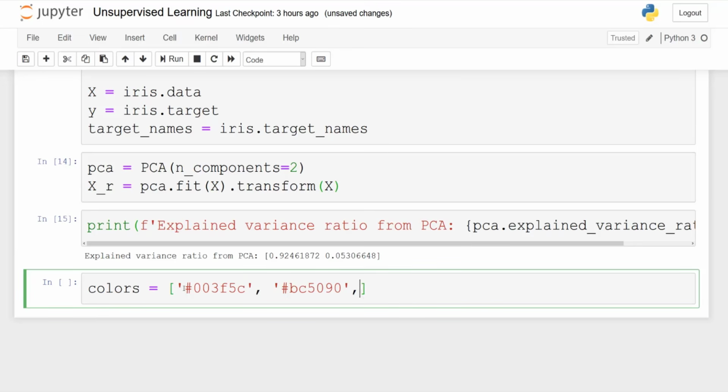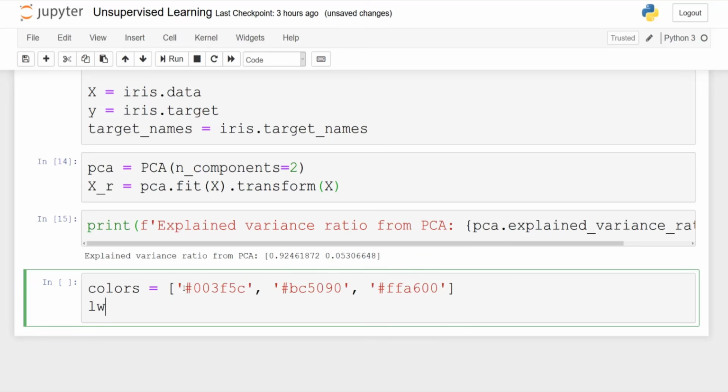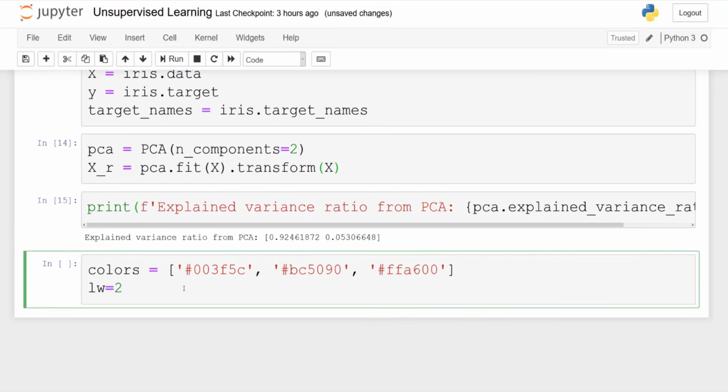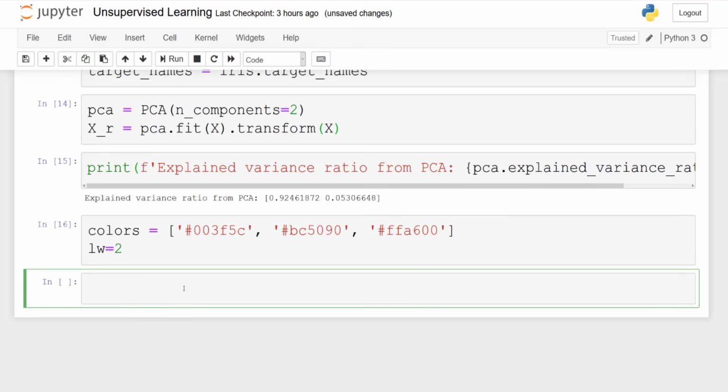So here we'll just specify 3 different colors to distinguish between the 3 different kinds of iris flowers. So the final one will be FFA600, and we'll set the line width equal to 2.